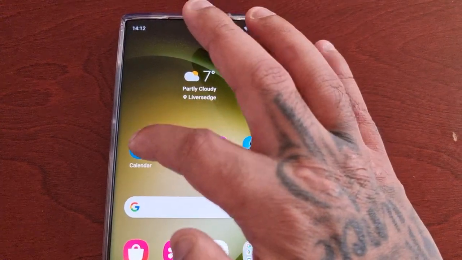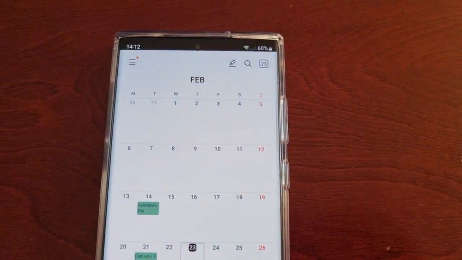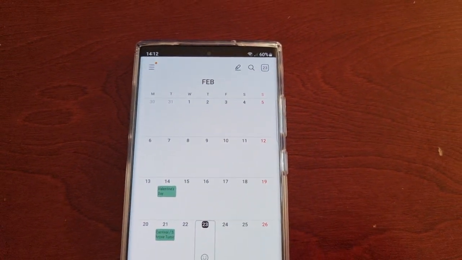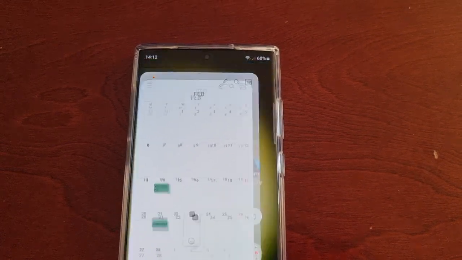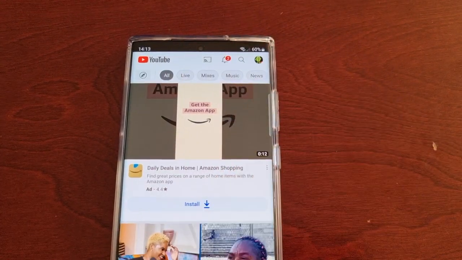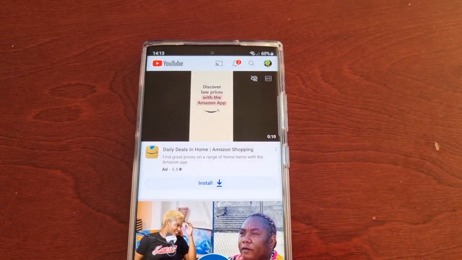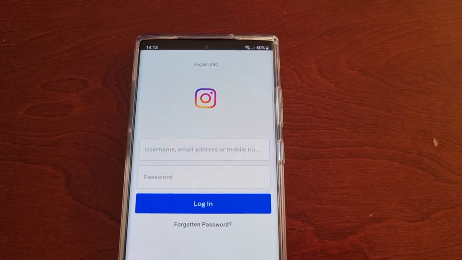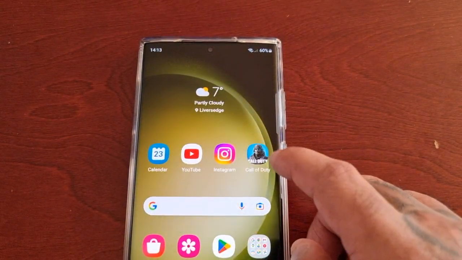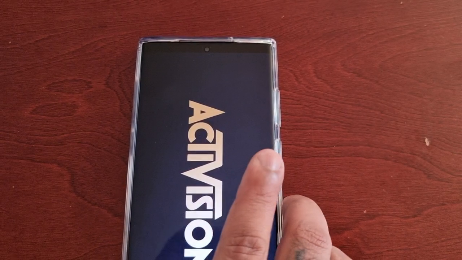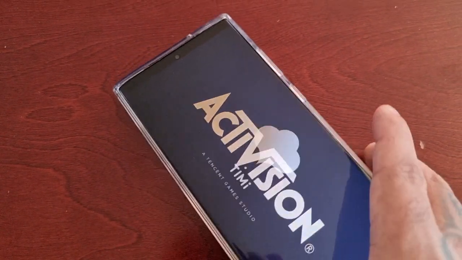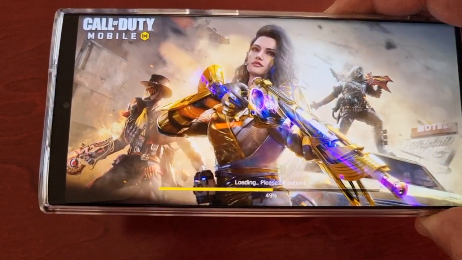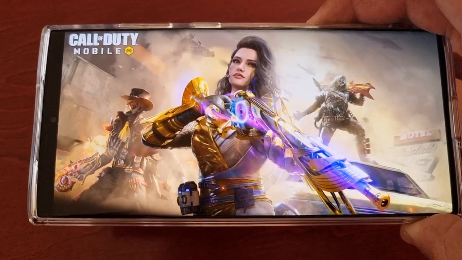So now when I open up the calendar, as you can see, the camera cutout, it's no longer visible. Same with YouTube. As you can see, it's no longer visible. Same with Instagram. And also when I open up Call of Duty, as you can see, it's no longer visible